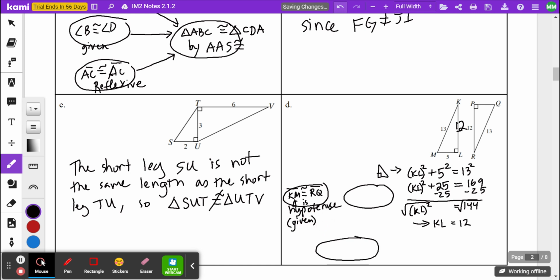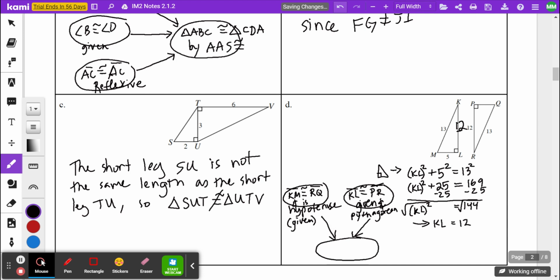And KL is congruent to PR. And that is a combination of given and Pythagorean theorem. Those come together